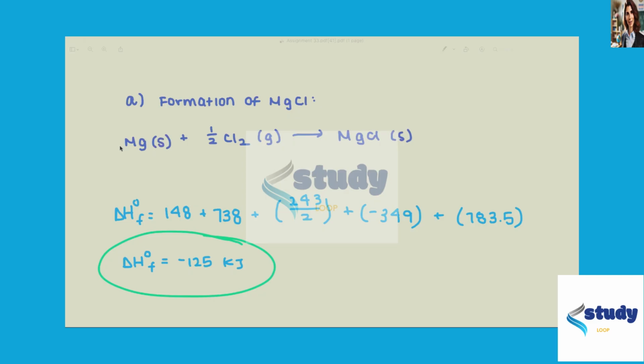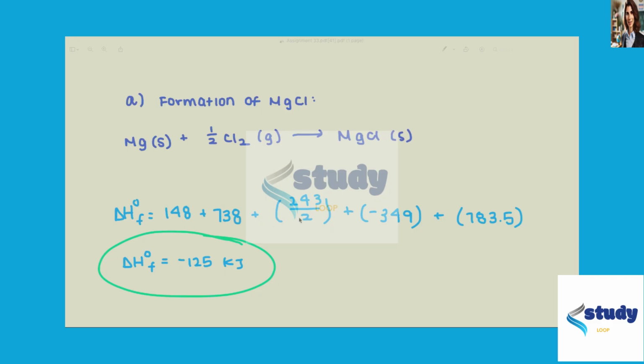So it would look like this. We have magnesium solid plus 1/2 of diatomic chlorine, which is gaseous, and we'll be forming solid magnesium chloride. Now Hess's law says that we can take the reactants minus the products. So the enthalpy of formation, which we denote by delta H naught F, will be equal to this,